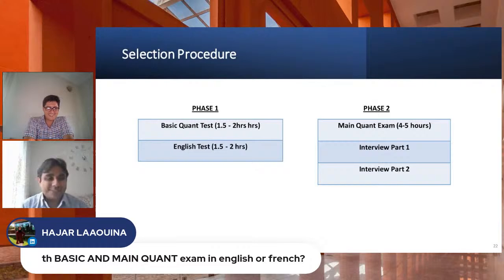There is a question: is the basic and main quant exam in English or French? Ahmed, both. As usual, we prepare our exams in both languages, French and English. We even already prepared it in Arabic as well. So you can choose the language that you want, but for sure, and this is very important for all the students,